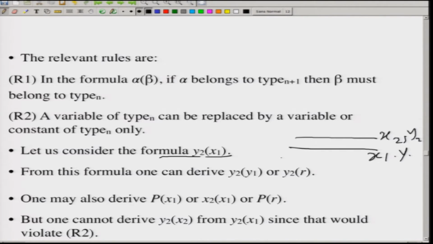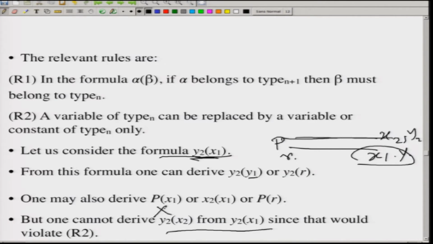From this formula, one can derive y2 y1, because x1 can be replaced by y1 as they belong to the same level, or y2 r also. One may also derive p x1, because p and y2 belong to the same level, or x2 x1, or p r, but one cannot derive y2 x2 from